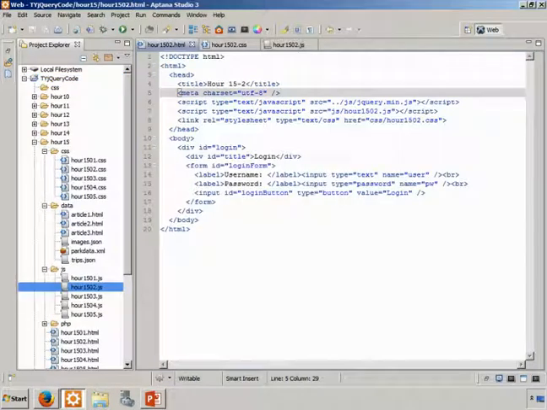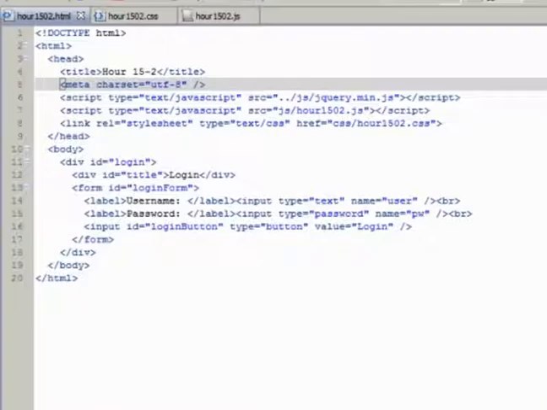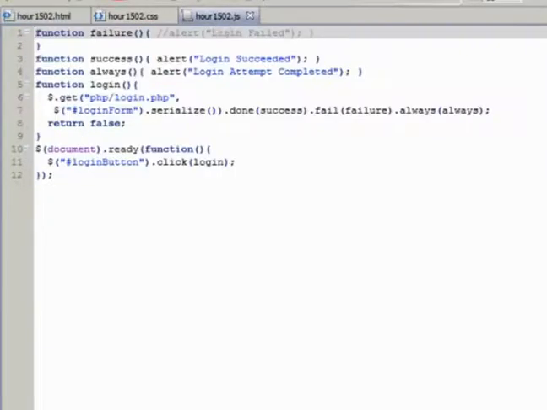In this exercise, the HTML and CSS code just define the basic login dialog. Let's navigate to the JavaScript file and take a look at it. In the ready function, we see a click handler to the input button. That's lines 9 through 11. Then starting on line 4, we have a login click handler that will be called when the user clicks the